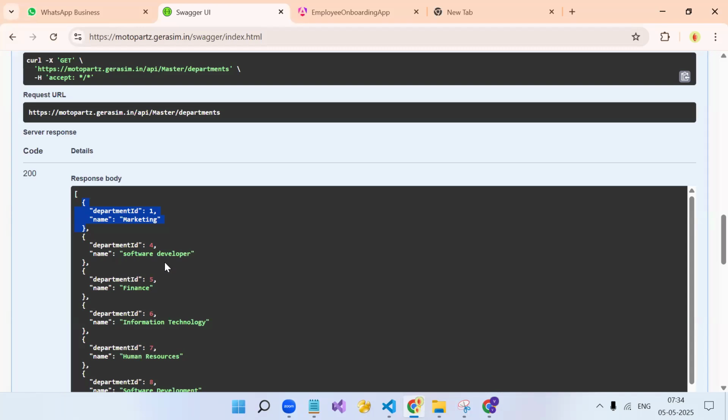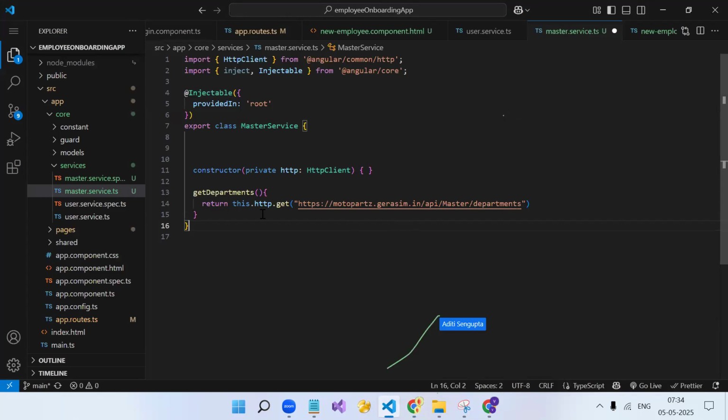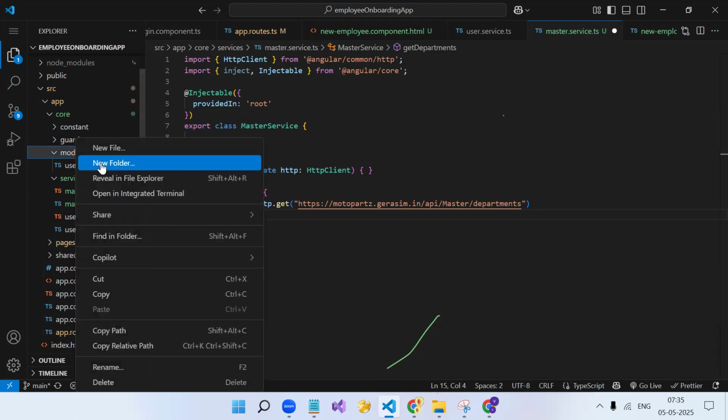What should we create, either an interface or a class? Interface. Why interface? Because we don't have to initialize the values. You create a class whenever you are going to use that object in a form, because you need to initialize it. But if you are going to provide the type just for the data type of an array, you don't have to initialize it. So whenever you store array type data, you can go for the interface. So in model,